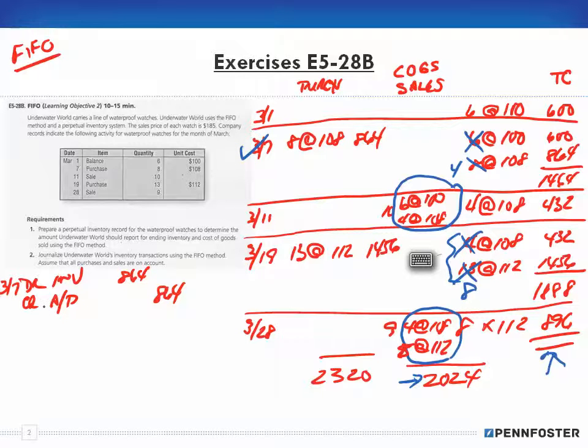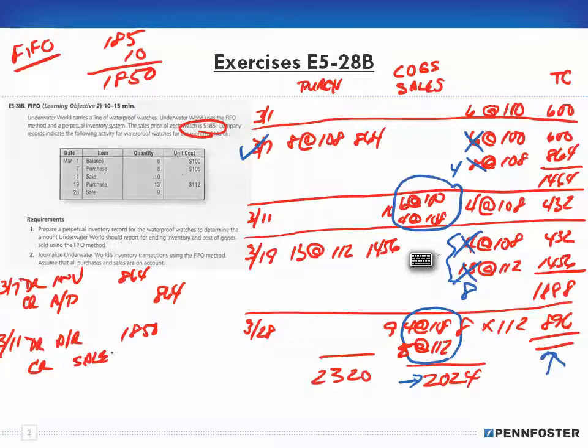Now for 3/11, I'm going to make a sale here. I make the sale for 10 of them, right? So for 3/11, we're selling them on account, and we're selling them at $185 each. So I sold 10 at 185, so I have 1850 as the amount of the total sale. And I'm selling them on account. So I'm going to debit accounts receivable for $1,850, and I'm going to credit sales revenue for